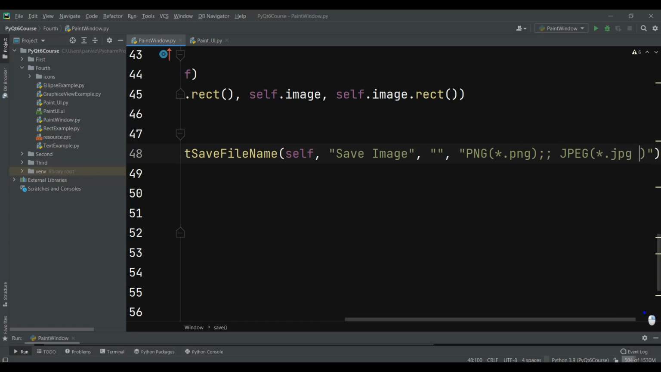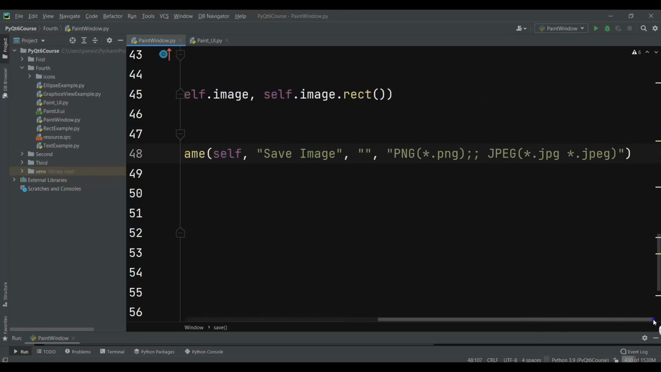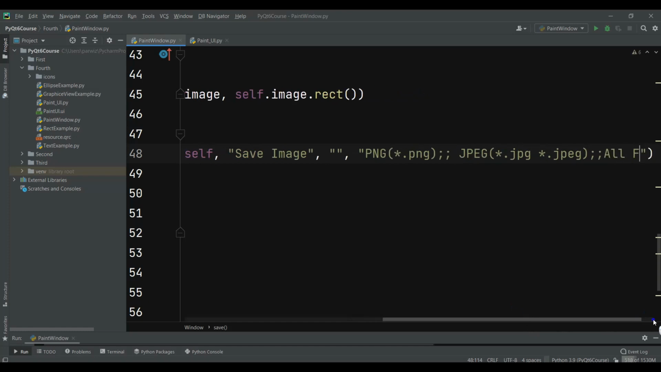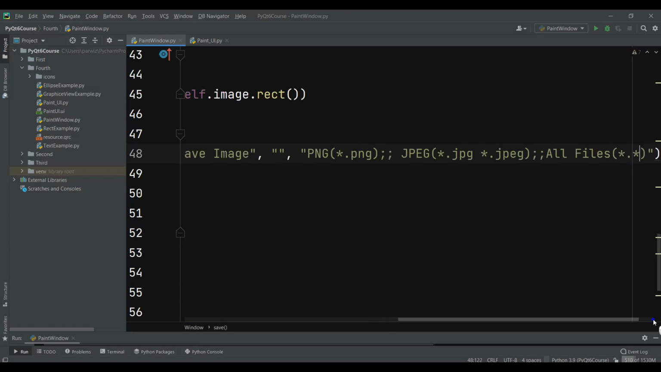and also dot JPEG, and after that we can just say all files, and in the all files I can just give the all files. Okay, so like this,